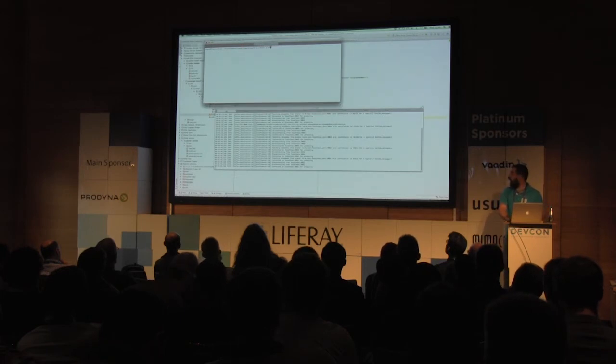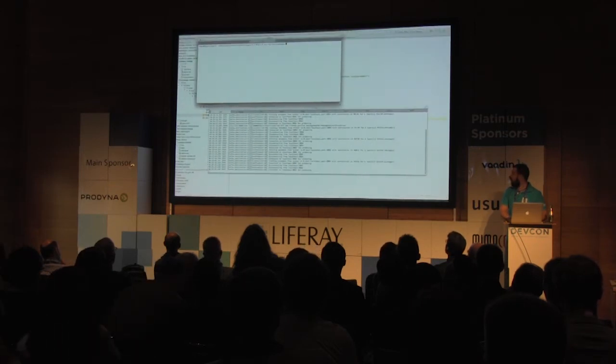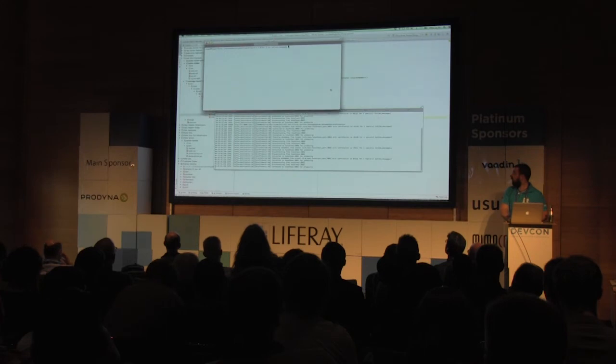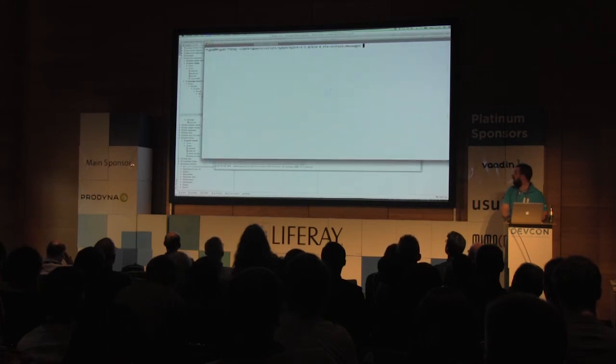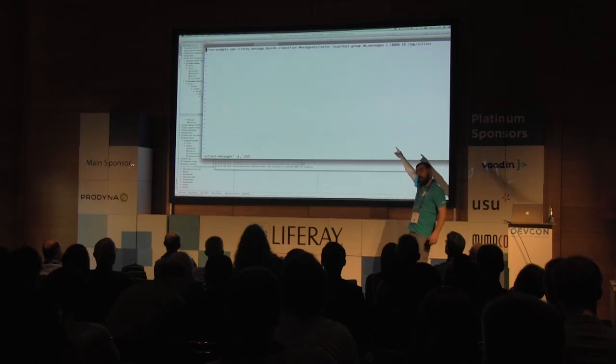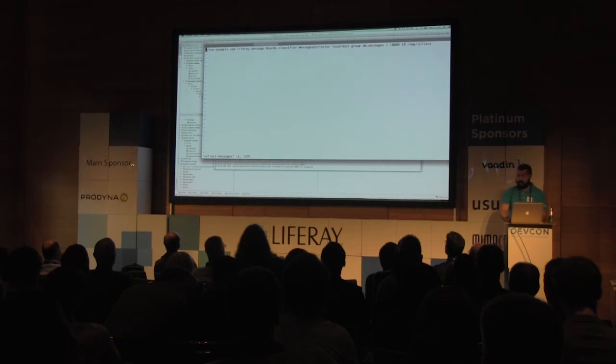So I have the collector. I will increase the size now. I'm running the message collector I showed you before in the source code, and I want to collect all these messages.